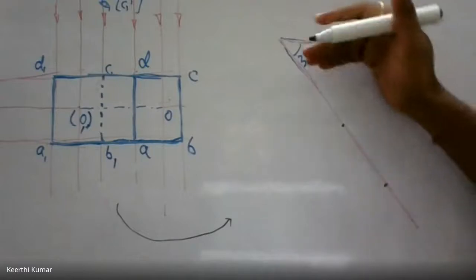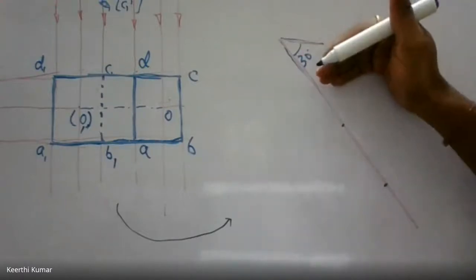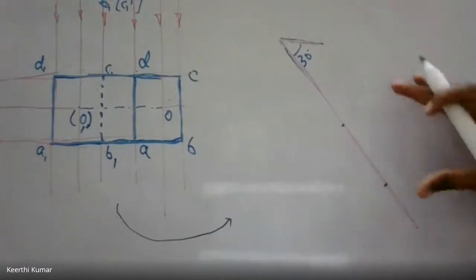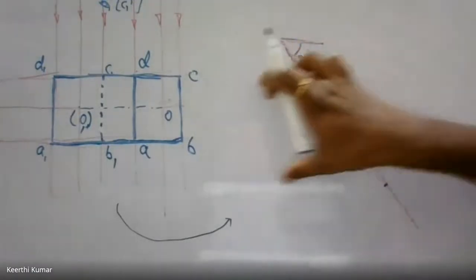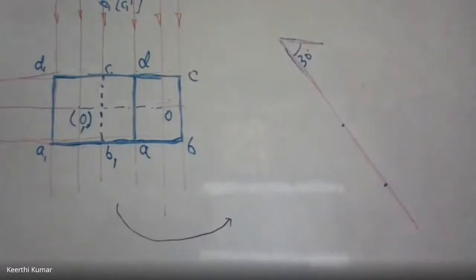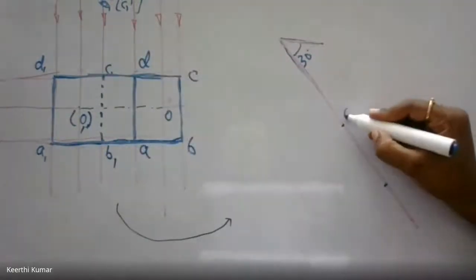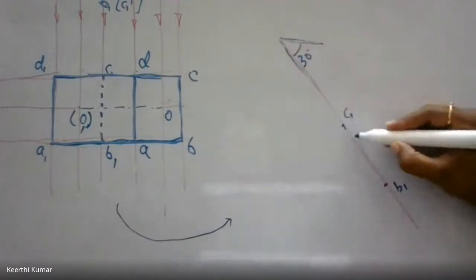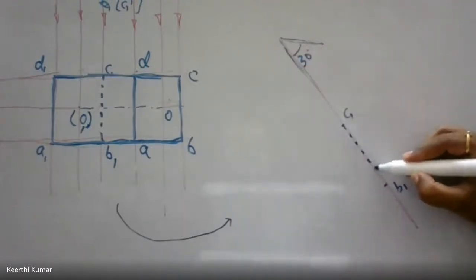While drawing this B1, C1, let's keep it far away from the XY line so that you can accommodate. Or else the drawing, whatever you are copying from here to here, will exceed the XY line. Make sure none of the points crosses the XY line. It should be well below the XY line. Like that you draw. This point will be C1 and this will be B1. How is C1 connected to B1? It is connected with hidden lines. I'll draw it here also as hidden.